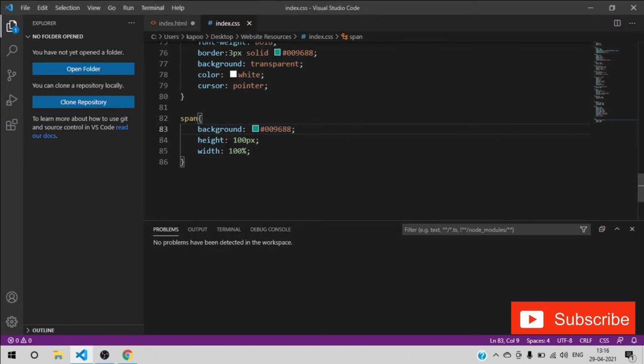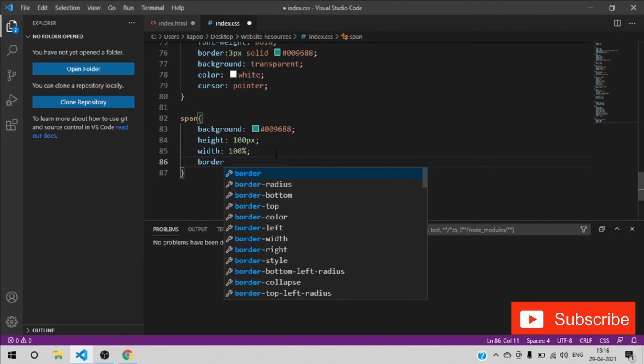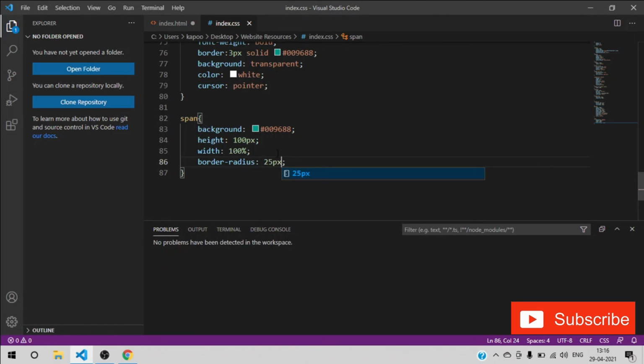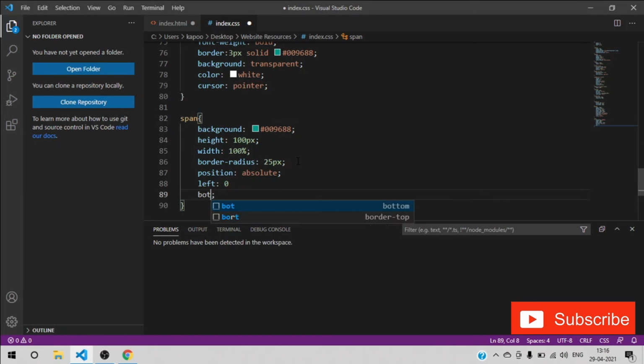Okay, and then what you can have is give the border radius as 25px and make the position as absolute. Okay, so next we can have is left is 0 and bottom is also 0 as well.